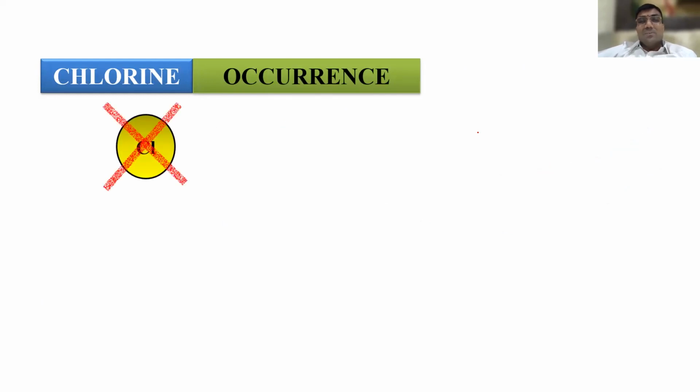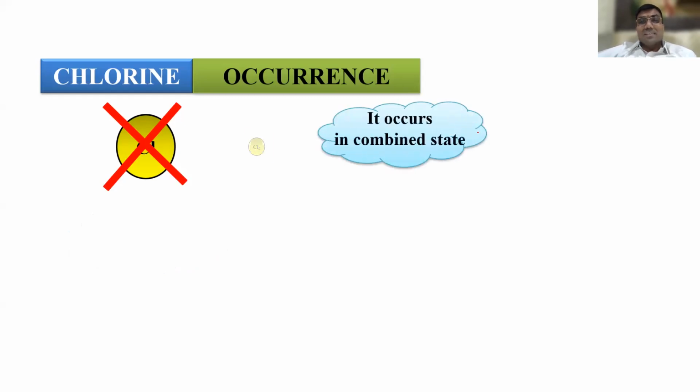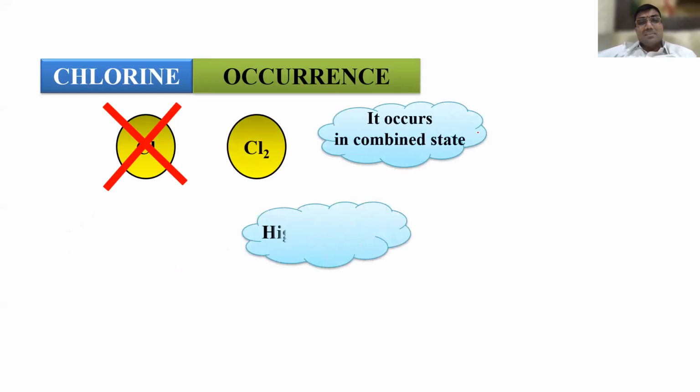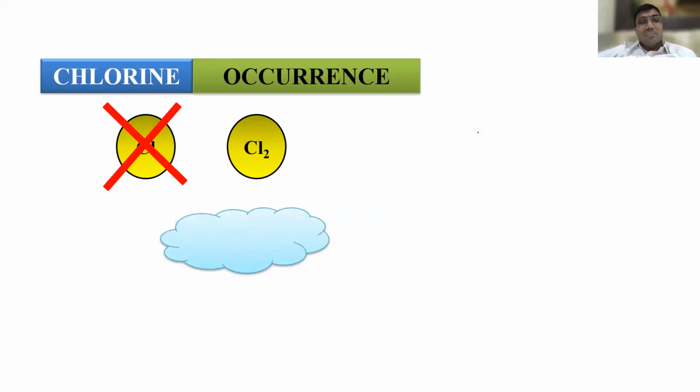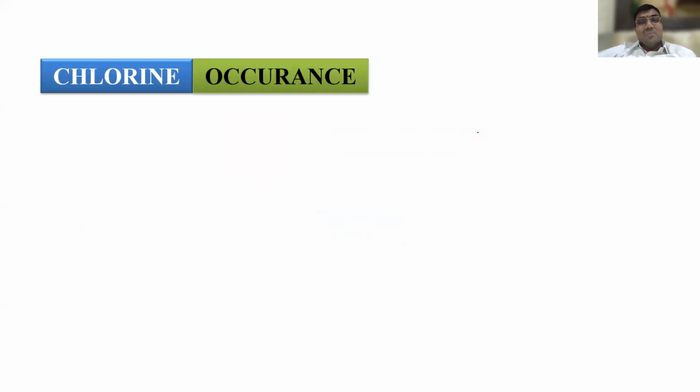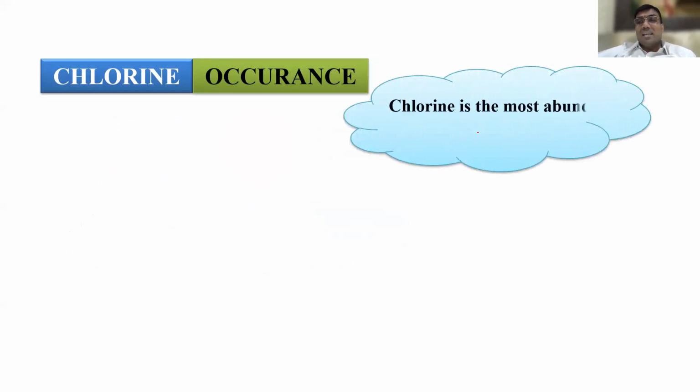So its occurrence I already told you. Chlorine cannot exist free with a monoatomic structure. It exists in the combined state, like chlorapatite and fluorapatite. It's highly reactive, like fluorine. It exists in the combined state as NaCl, carnallite. So it's widely distributed. Many halides are there in metallurgy, and also it's the most abundant. In the sea itself you get a lot of salt.